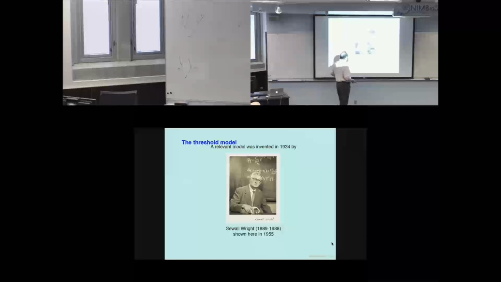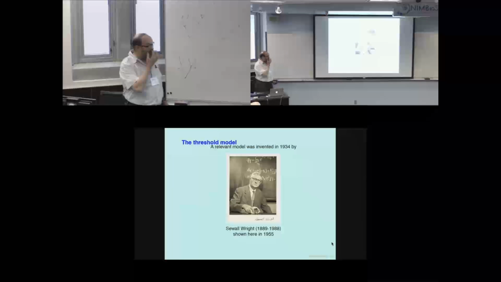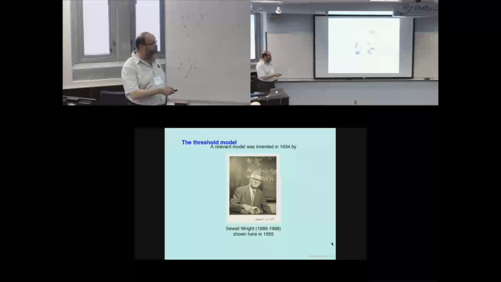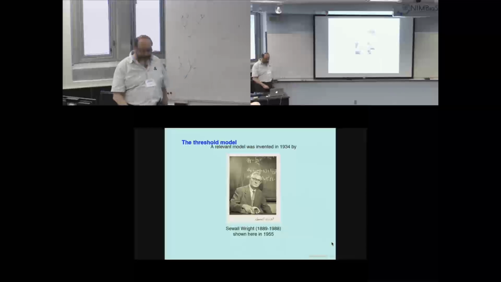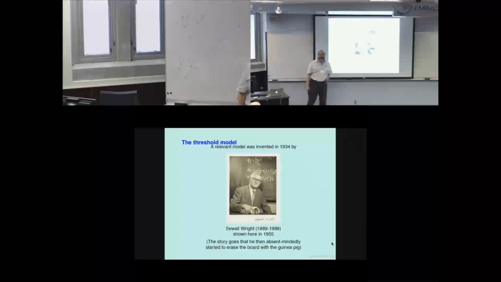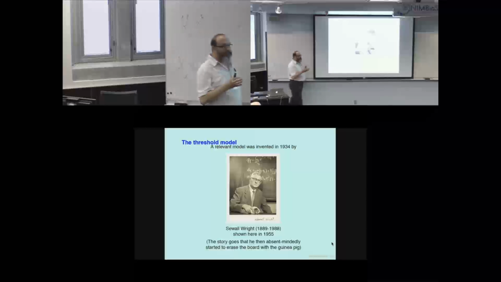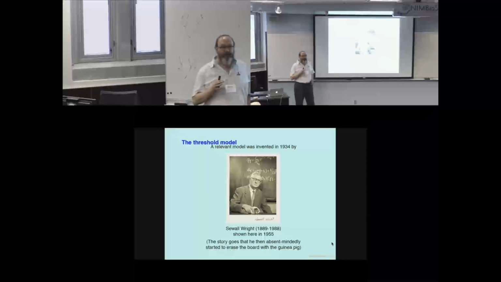Well, he did years of work. His organism was the guinea pig. And he did years of work on guinea pigs. And he would bring them into class for demonstration. So here he is in his photograph, which is also his photograph for being inducted into the National Academy of Sciences. He wrote his diffusion equations on the blackboard and posed with a guinea pig. And there's been a persistent rumor that he then turned around absent-mindedly and started to erase the board with the guinea pig. He was the sort of ultimate absent-minded professor, not a person who was easy to make small talk